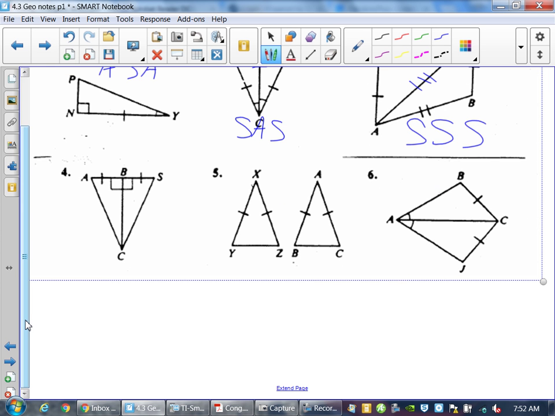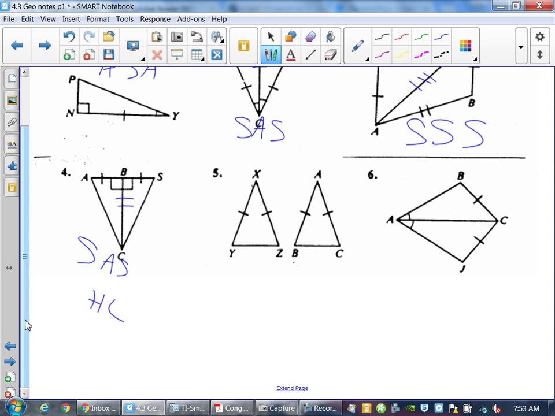We have right triangles again, but does it necessarily mean we're going to have hypotenuse leg? No, but what can I do? I do my reflexive here, and I have side, angle, side. Or since I do my reflexive, can I also use hypotenuse leg? Yeah. There's a couple things you can do here. But no matter what, you have to use that reflexive property to show that that's going to be congruent. That's going to become more prevalent today when we actually do a real proof and how you write that down. It's very, very easy. I just want to make sure you guys see how to do that. So your side, angle, side, or,